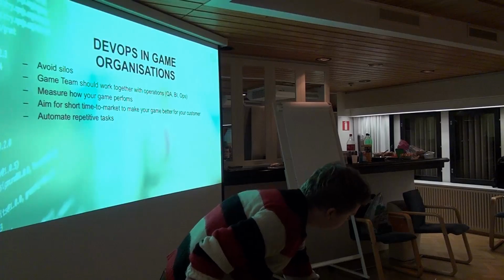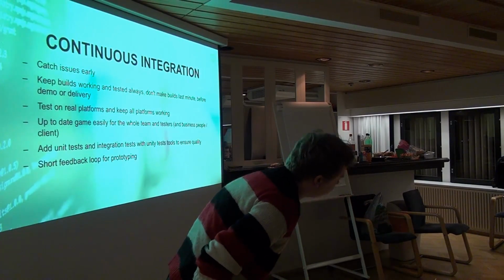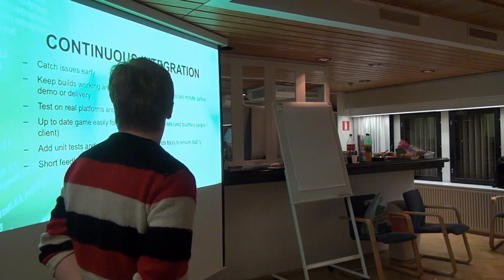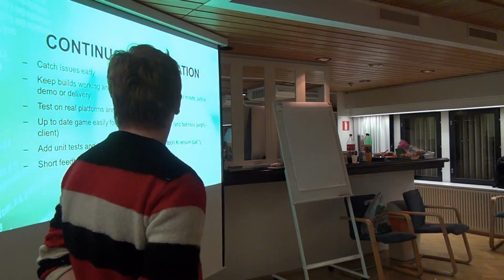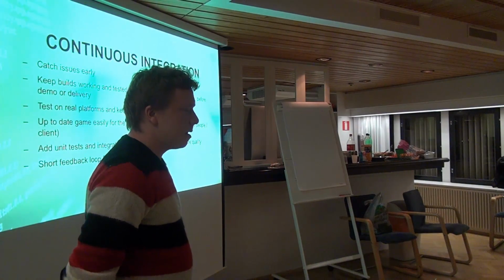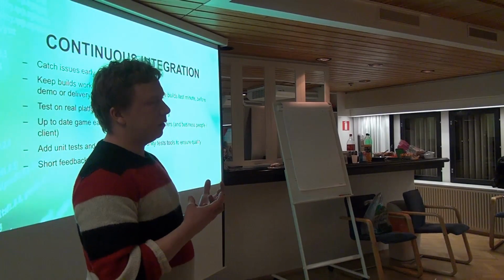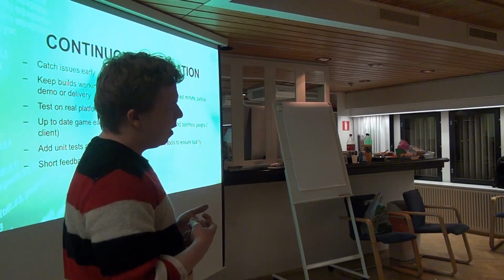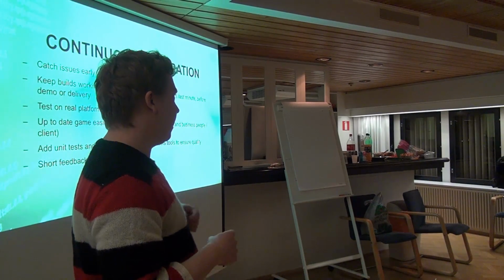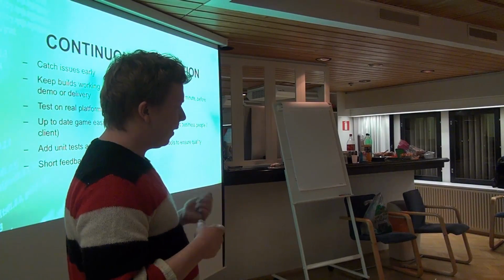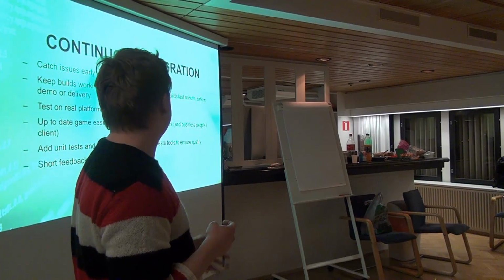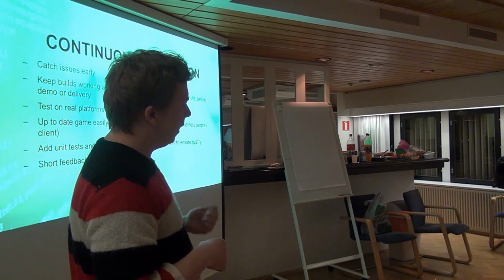And then more about the building, a few words about continuous integration that I'm going to show you in the demo shortly. So continuous integration means that you make integration constantly. Integration for games basically means that you make builds. You build your game constantly. Normally, using continuous integration, it means that you build every single commit,